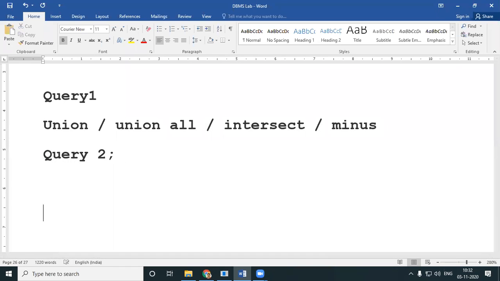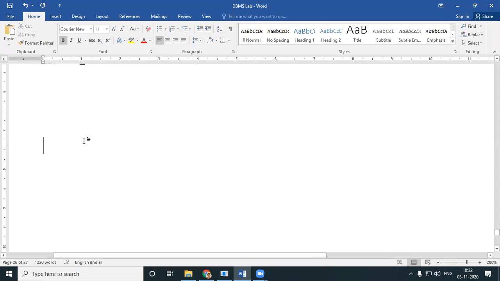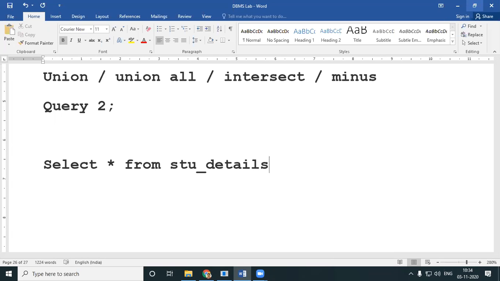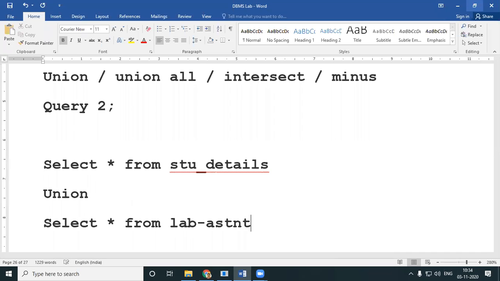Okay, so we'll do a first query. I'll write my query 1. I'll just go for simple queries first. Select star from stu underscore details. That is my query 1. Very simple. Gather all the details from stu details and then combine it with all the details of, let's say, lab underscore ASTNT.